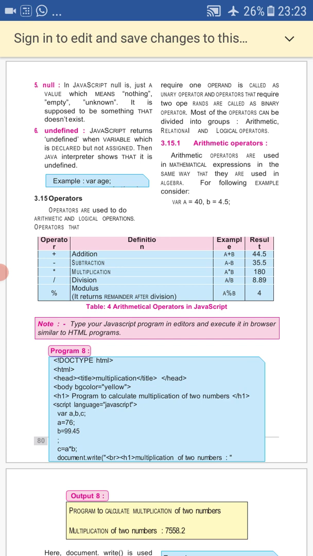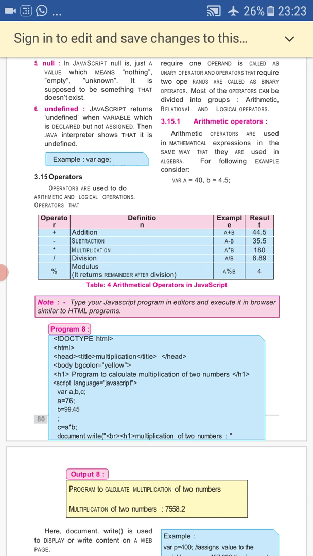So, first of all, what is an operator? An operator tells the compiler what operation has to be done. So an operator is basically which tells what is the operation that has to be performed. It can be anything. Different types of operators are available in JavaScript, and we can make use of any of the operators according to our requirement. So in today's lecture we have to study different categories of operators that are available under JavaScript.